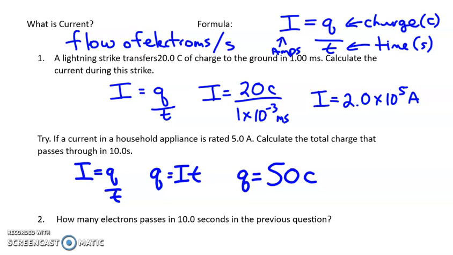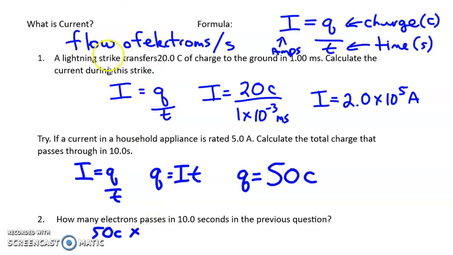Okay, hopefully you got that as being 50 coulombs. Now the next question here is, how many electrons are actually passing in those 10 seconds in this previous question, those 50 coulombs worth? Well, if we take the 50 coulombs, what we're going to simply do is multiply that by